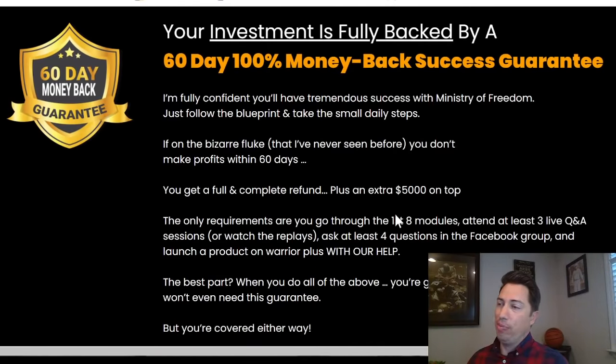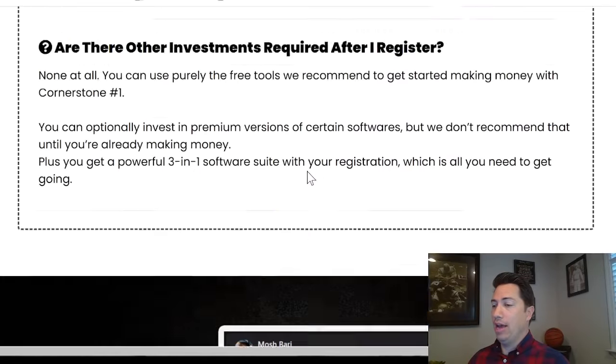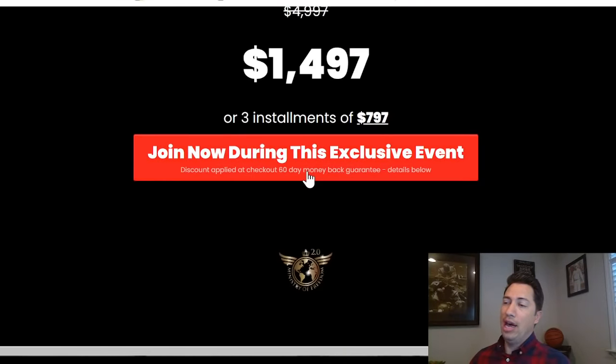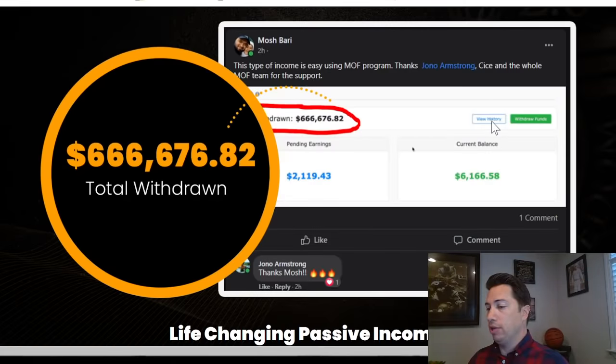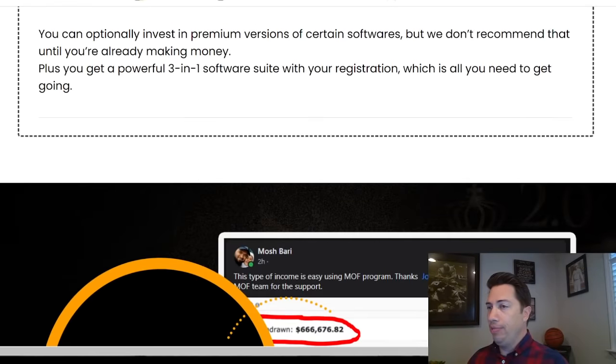And there's a 60-day money-back guarantee. Basically, he's willing to give you back all your money if this does not work for you. He even has a plan in there where he's willing to give you back an additional $5,000 if you follow step by step what he tells you to do and you still don't have the results. Of course, that's detailed out more as you go further along into the sales page, but just know that's there.